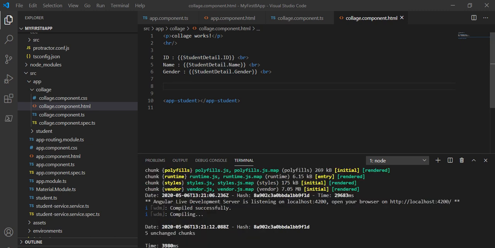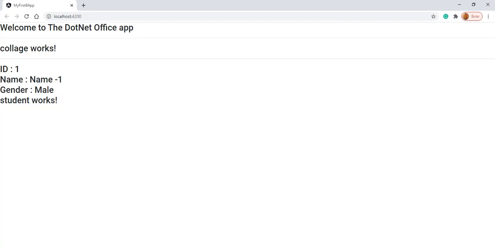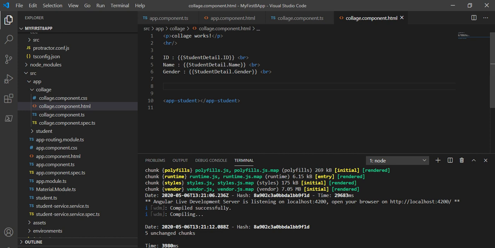So the compilation is successful. Now let's go to the browser and see that the respective information shows, and we can see it is showing the information as expected. Now what I will do is take a button here, and when I click on that button, we will write code so that the name property should change.